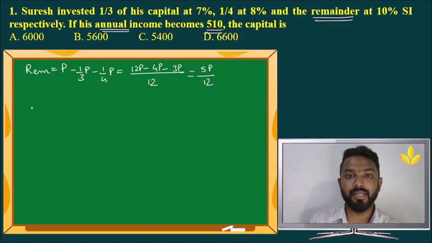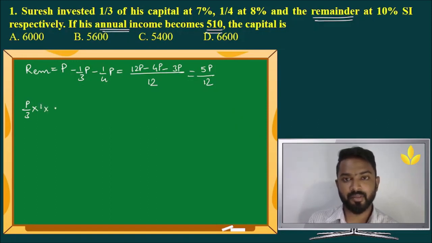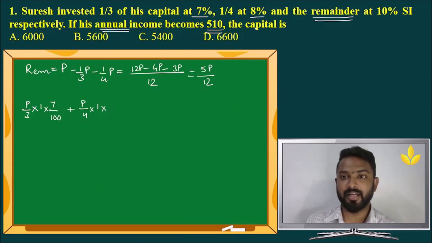First case, P is 1/3 of his capital. So that is P by 3. Time is 1 year. Rate is 7%. 7 by 100. Plus, in case 2, we have 1/4. So we have P by 4 into time is again 1 year. And then the rate is 8%. 8 by 100. Plus, the remainder we just found is 5P by 12